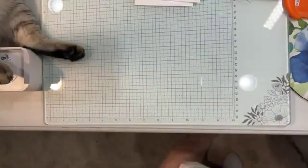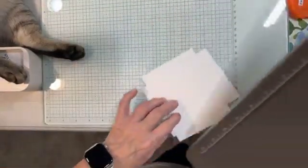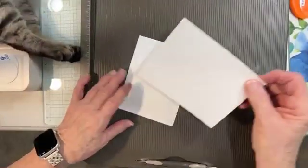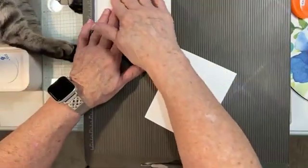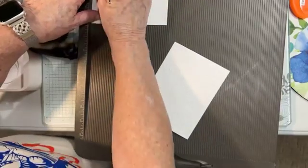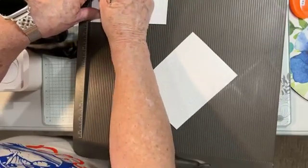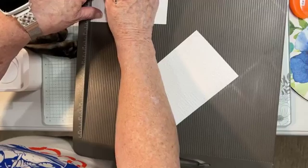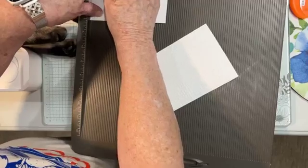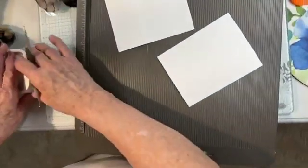Next thing we're going to do is bring in my scoring tool, because I like it much better than to score on my paper trimmer. You get deeper lines. So you turn it so that you have the back side up. I start at 1 inch, and every 1/8 inch I'm going to do marks until I get to the 2 inch mark. And that just gives a little bit of